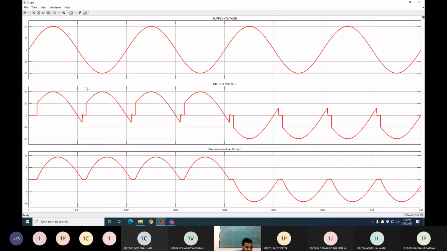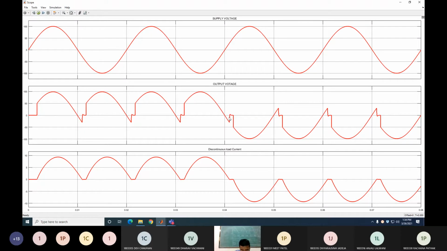Now at π plus α here, again you turn on P3 P4 to get the positive voltage, and it remains in continuous conduction up to 2π plus φ. So here you can see that it is up to 2π plus φ, and current becomes 0 at this point and remains 0 up to 2π plus α. Because at 2π plus α, again P1 P2 will come in this range. The same is repeated for the next cycle.